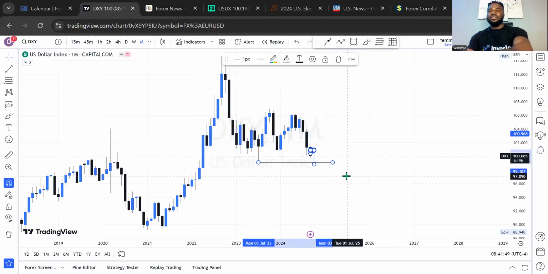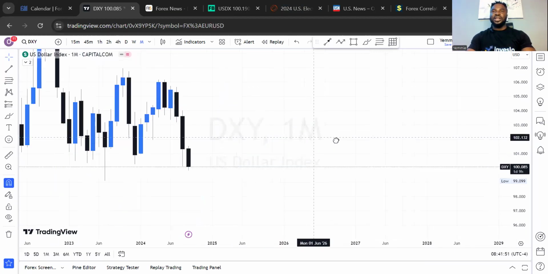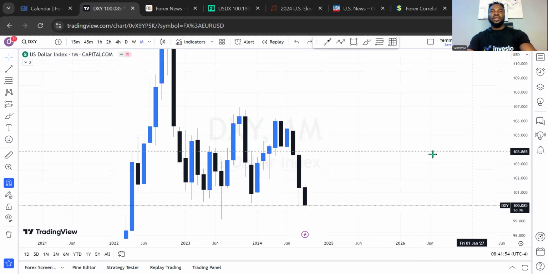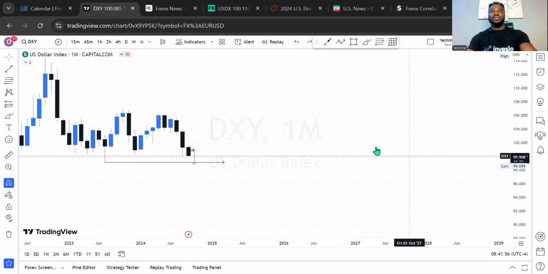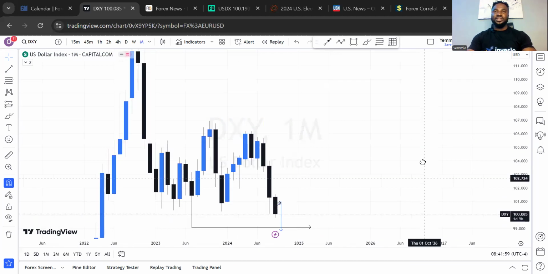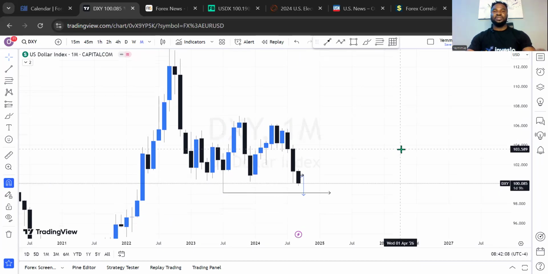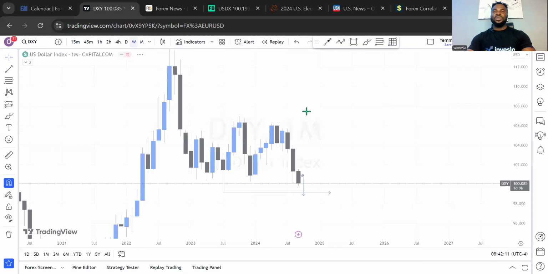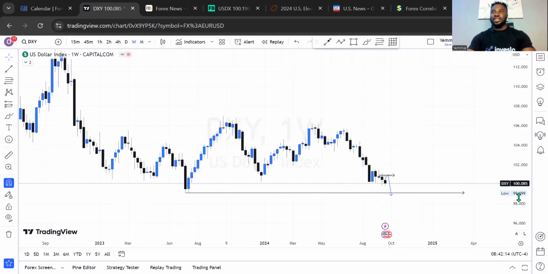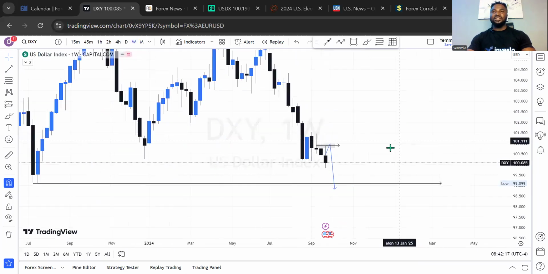On DXY, this is the monthly outlook. The price remains where our anticipation was as of last week, and that was here. So basically, I'm still expecting the price of this DXY to stick down a little bit more because I'm expecting it to break the low of 99.095, and that remains the same, which is my bias in the bearish direction all along.